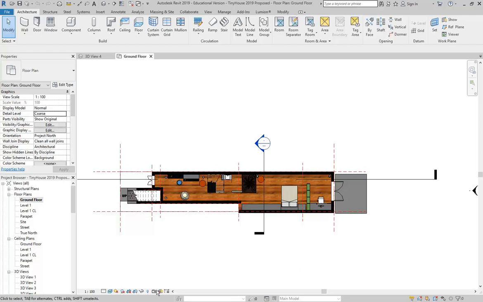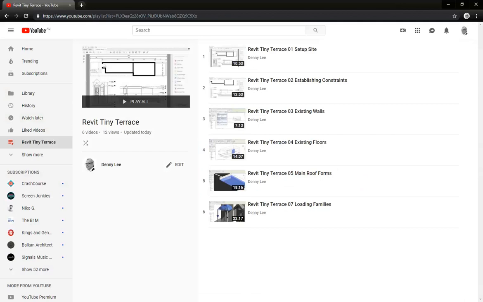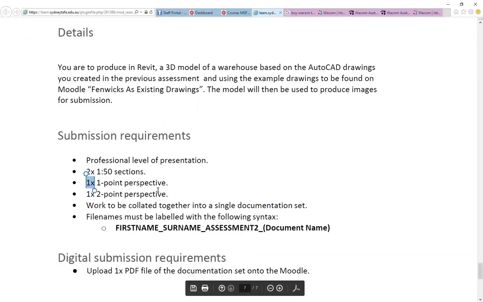Okay, so because the brief says that you need to have a 1-point and 2-point perspective, notice there's no requirement for rendering. It's highly encouraged, and we're going to keep going through using the materials and the lighting setup that you might have done to have these perspectives rendered. But again, that's not a requirement for submission, but it is a requirement that you have these two different types